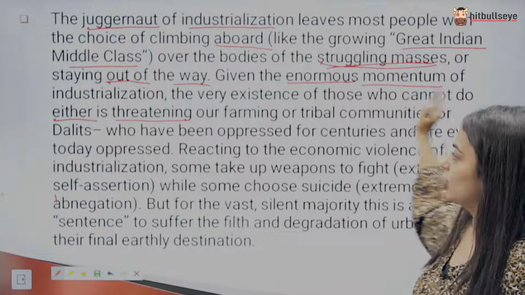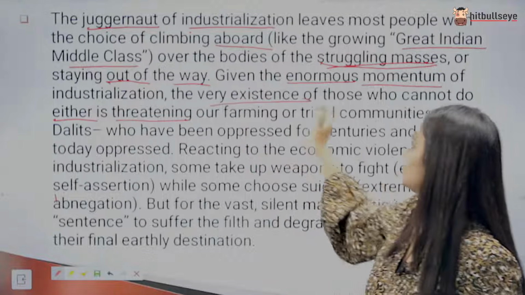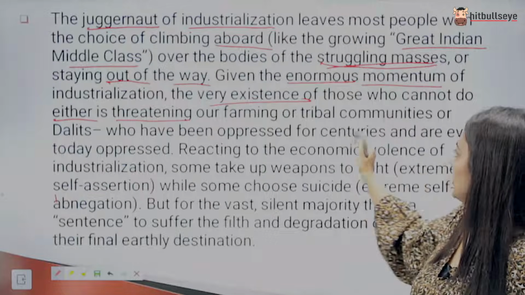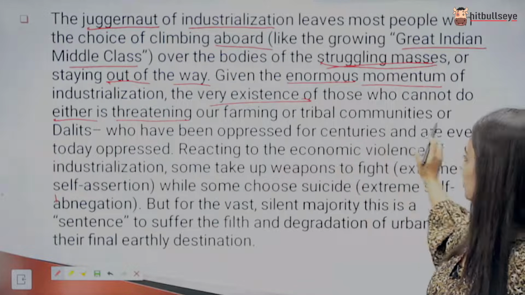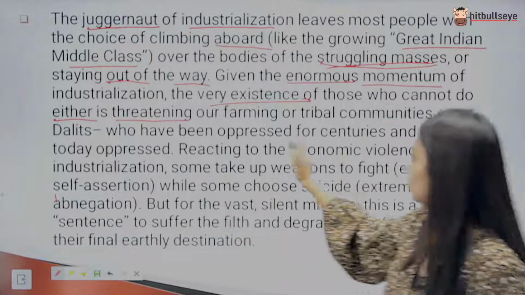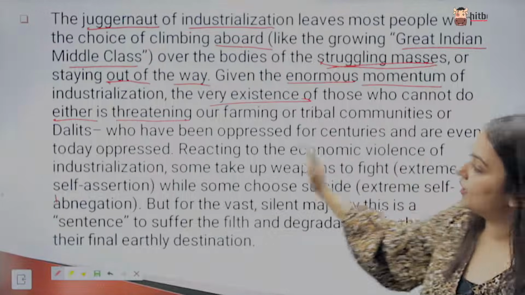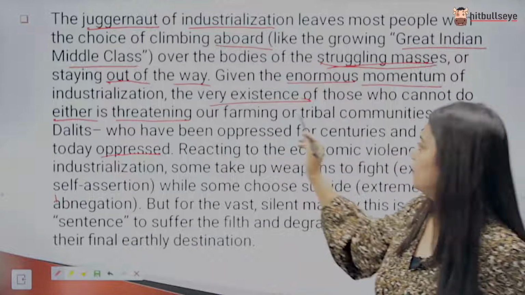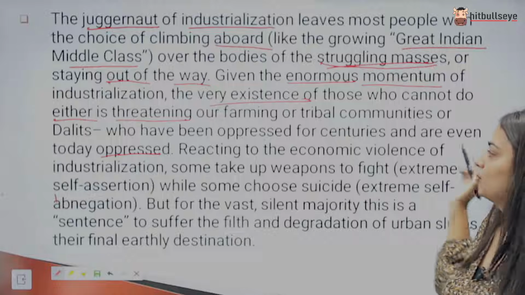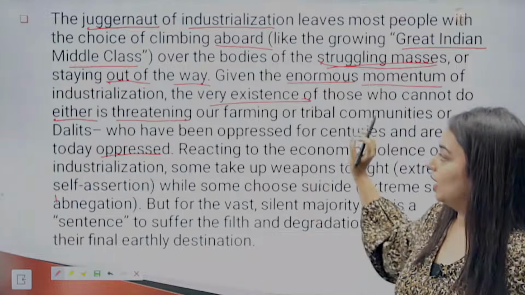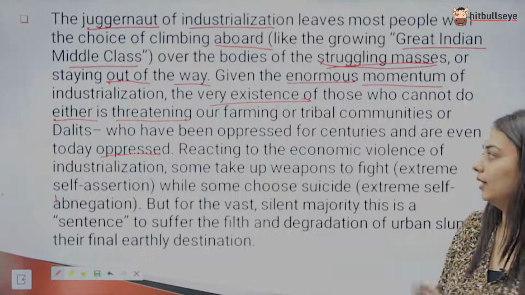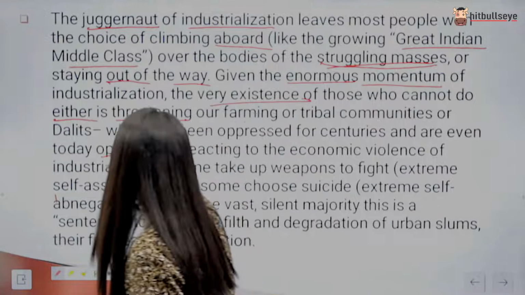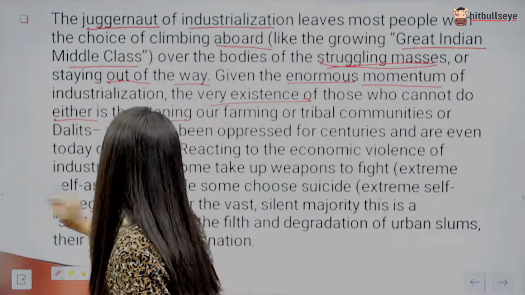Given the enormous momentum of industrialization, the very existence of those who cannot do either is threatening our farming or tribal communities or Dalits who have been oppressed for centuries and are even today oppressed. तो वो थर्ड सेक्शन मोस्टली किसे इंक्लूड करता है? फार्मिंग और ट्राइबल कम्युनिटीज़ को, मोस्टली दलित्स को. So their existence has been oppressed and it's almost gone, they are completely marginalized, and this growing industrialization is